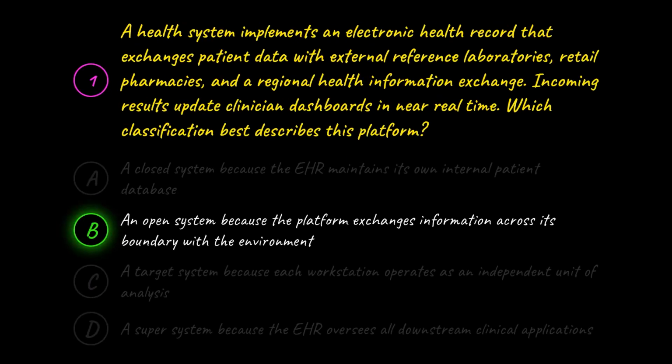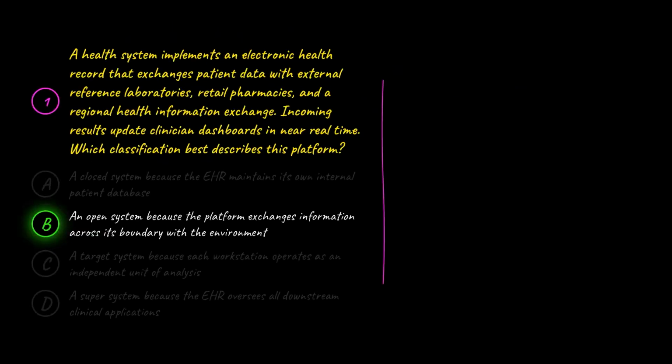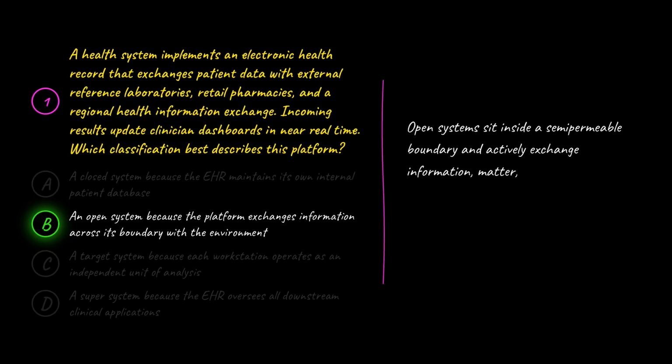The correct answer is B, an open system because the platform exchanges information across its boundary with the environment. B is correct because open systems sit inside a semi-permeable boundary and actively exchange information, matter, or energy with their environment. The EHR pulls in lab results, pushes prescriptions, and sends data to an HIE, which is textbook bi-directional exchange